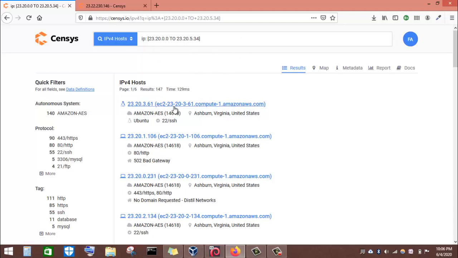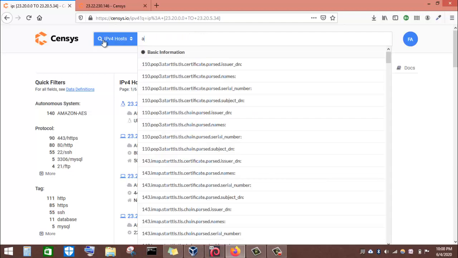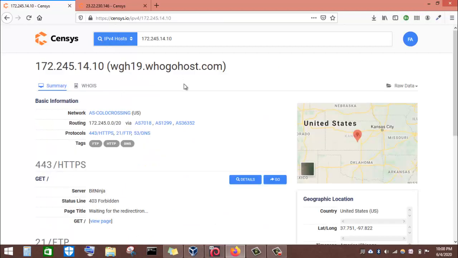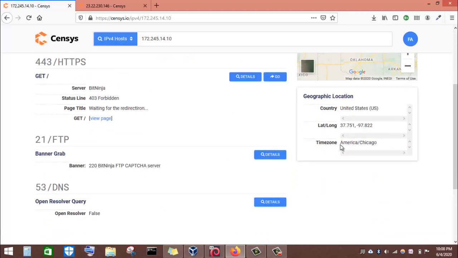Using Censys, we can also perform inline DNS queries. So to do so, we have to make use of this syntax. Say I'm looking for a DNS record of this domain, faisalgamma. All I have to do is come here, write A, and then write the name of the domain, gamma.com. All right, then I will press enter. Okay, and I have been able to get a result. This is the IP address, the name of the host, and then we have the location where this particular server